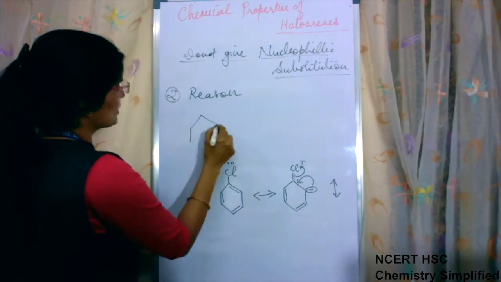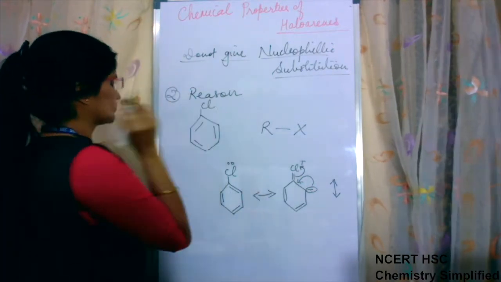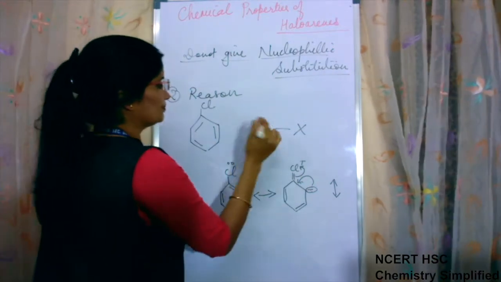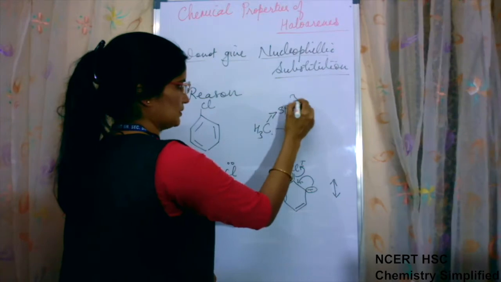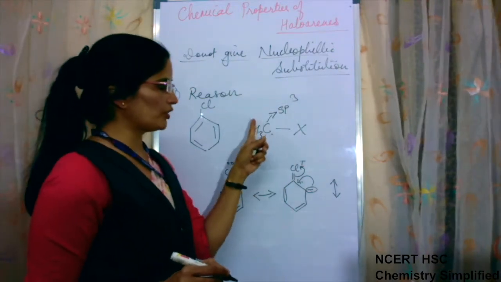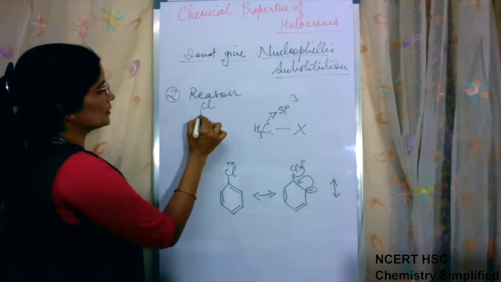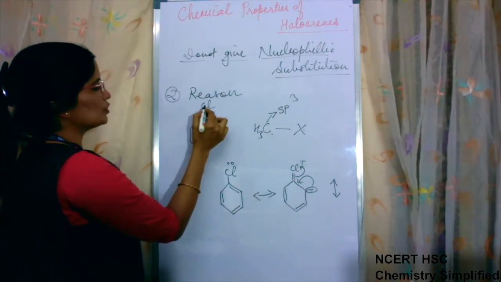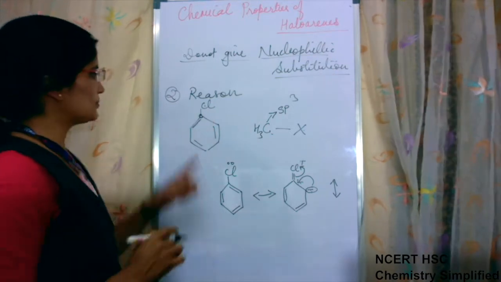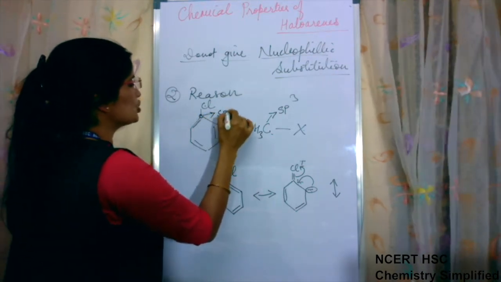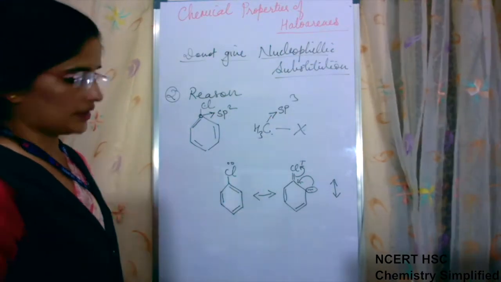If you see a benzene ring and if you see an alkyl halide, the hybridization of this carbon atom is sp3. We know that when a carbon atom is bonded with all single bonds, hybridization is always sp3. The carbon atom to which halogen is attached, in case of benzene, is having one double bond. That means hybridization of this carbon is sp2. When a double bond is present, hybridization becomes sp2. Single bond, sp3.